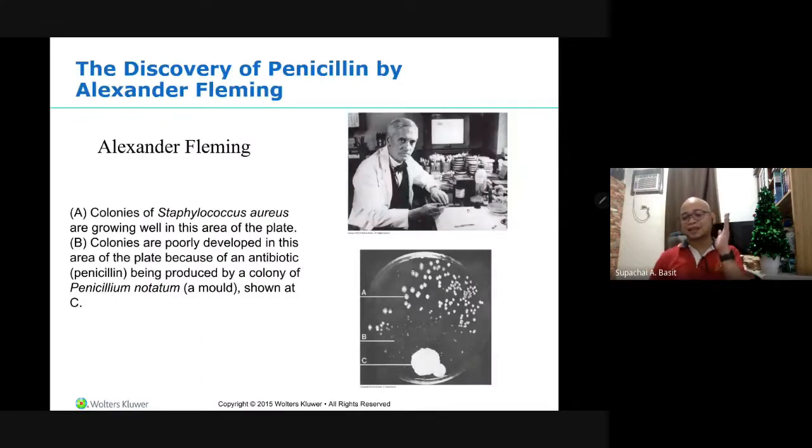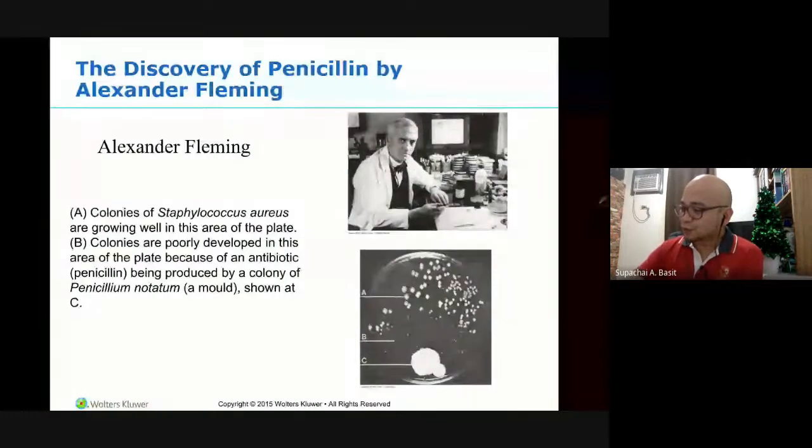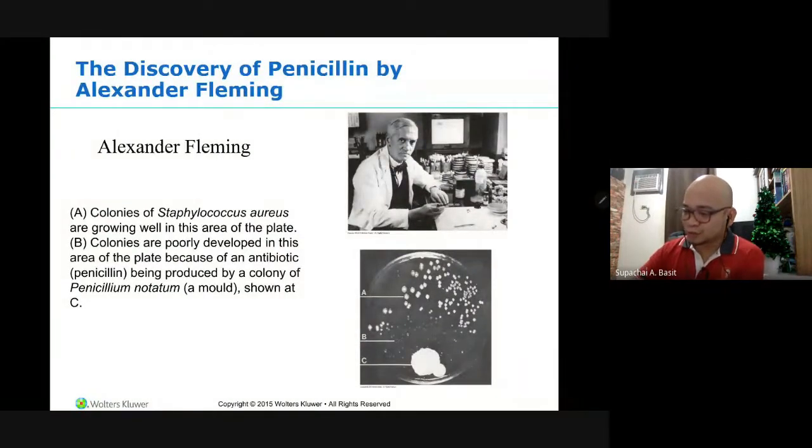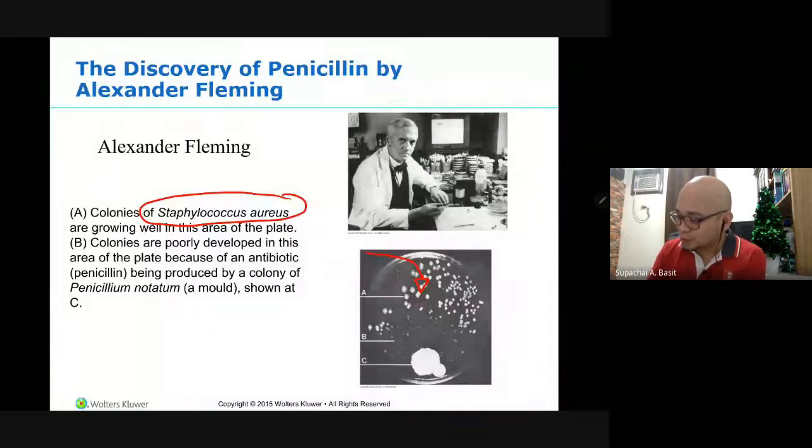And speaking of Alexander Fleming, this is the guy who discovered penicillin in 1928. So he was working in the lab, and this is S. aureus, Staphylococcus aureus. Okay, and then his plate got contaminated with Penicillium notatum. It is an example of a mold. So what do you notice? So here, from this area,